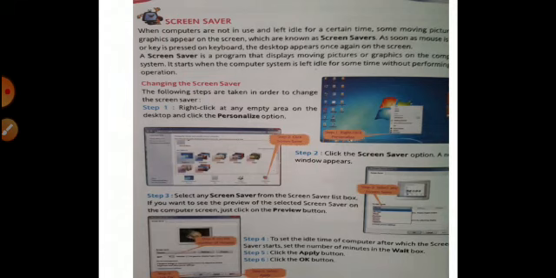There were simple 5 steps. First of all, we have to right click on the empty area, then go to the desktop background option, then picture location, and then select the picture position. Then click the Save Changes button.